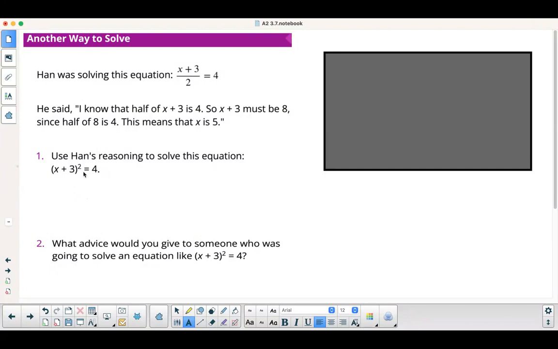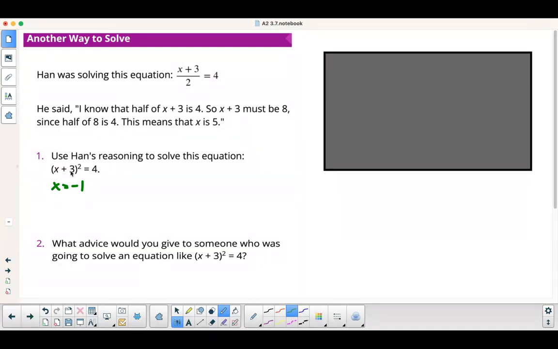So he's kind of mentally just plugging in numbers and thinking it through, which is fine. It's definitely a good way to process what you're doing. But when things get a little complicated, you need a process. So I would say, okay, I'm taking some number and I'm squaring it and I get 4. So I'm thinking, okay, well, this has to be 2 because I square 2 and get 4, or it has to be -2. So here I'm going to say, oh, okay, well, if x is -1, I can plug in